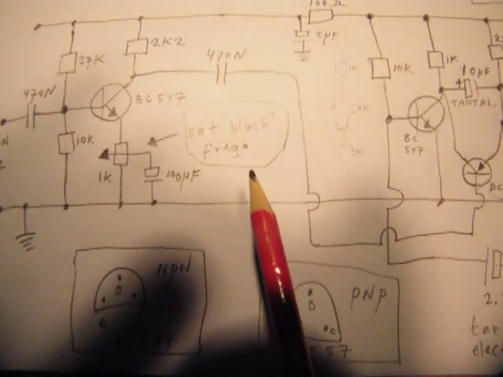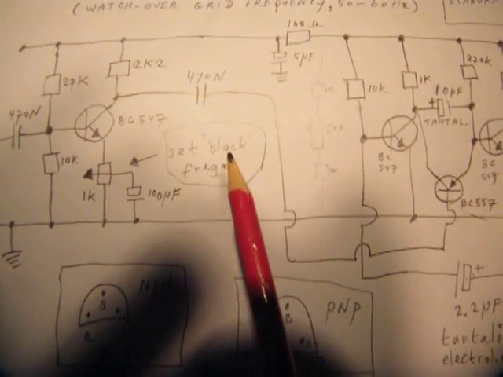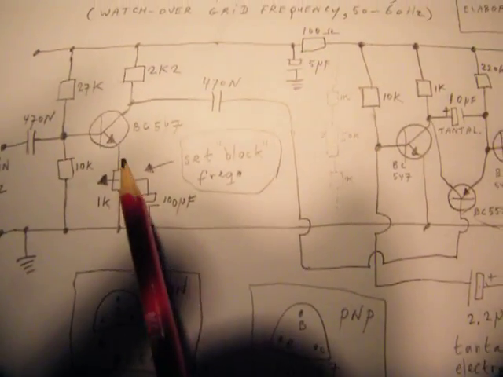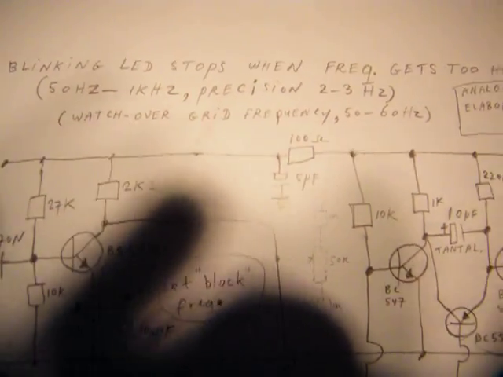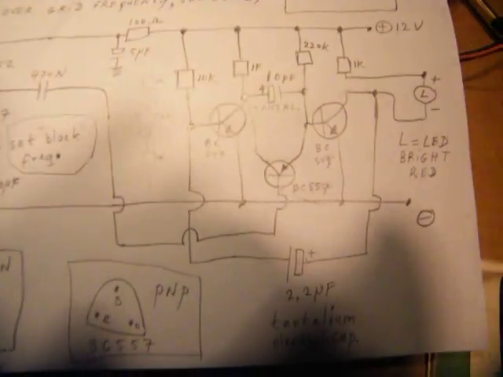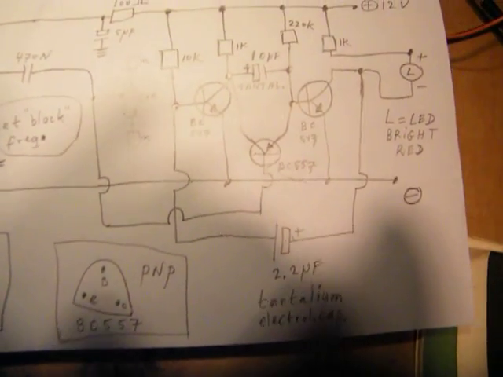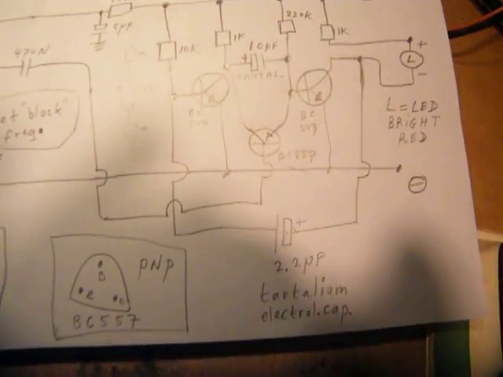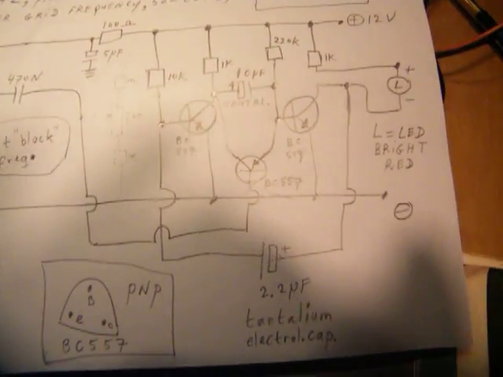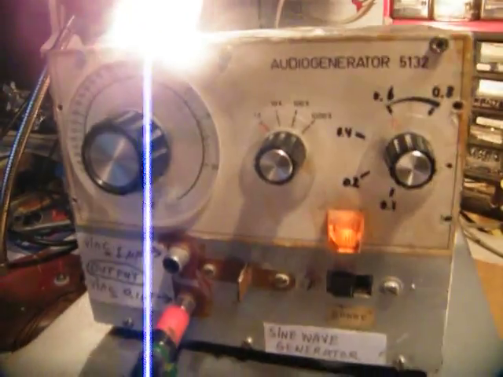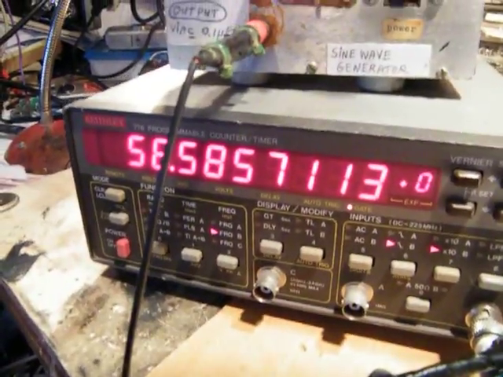Here we set the frequency where the circuit blocks. And in this case I've set the whole circuit to a frequency where I can watch over the grid frequency, approximately 50 Hz in the Netherlands. So here's my audio generator, here's my counter, here's my scope,